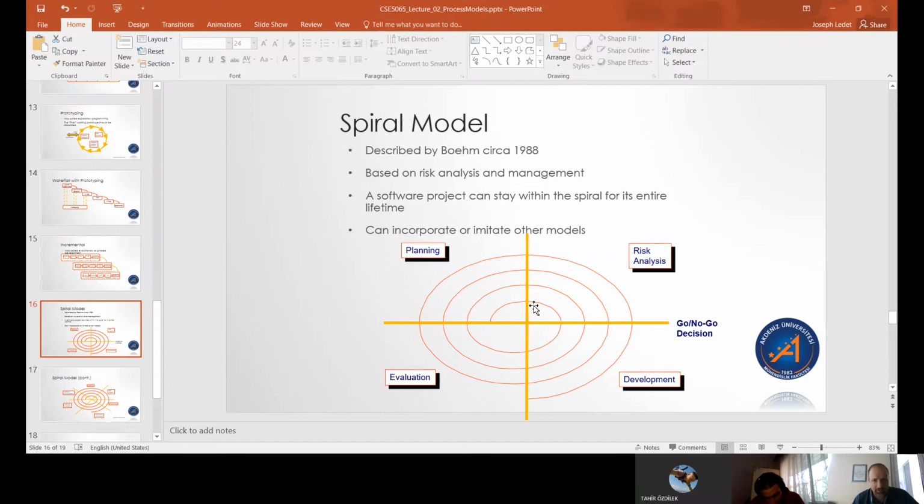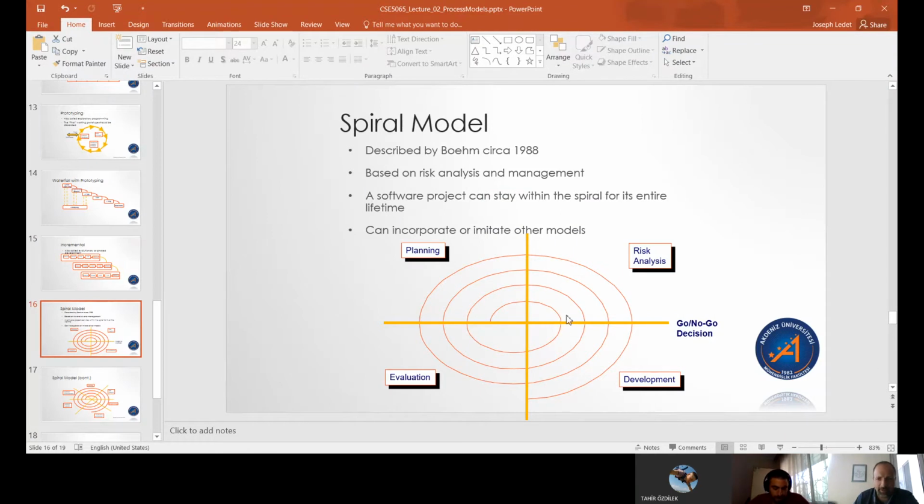So we plan, we analyze, are we ready to go? Yes, we continue on into development and testing. Then we plan more, we plan the bigger part, so we're moving out. So if we imagine that this outer ring represents the entire system, designed, coded, tested, and implemented and deployed, then as we take a small section of the program, a small section of the system,